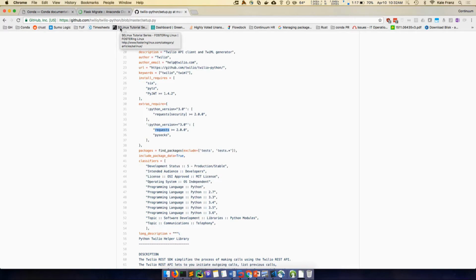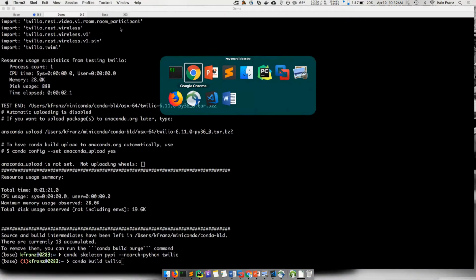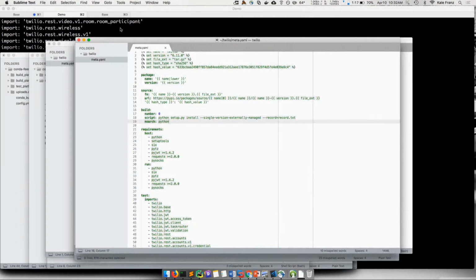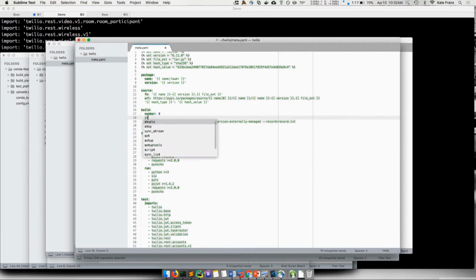The problem with what I'm showing you here is that there are different dependencies for Python 2 versus Python 3. So in this case, what I'd do is edit the recipe a little bit and make it Python 3 specific. Let's build the Python 3 one. I'll just say Python greater than or equal to 3 is probably the correct way to do this. And then I'll put on a build string that indicates it's Py3. The default build string for no-arch Python would just be py_0. I'll add on a py3 to indicate that we're still no-arch, it's a Python 3 specific no-arch package.